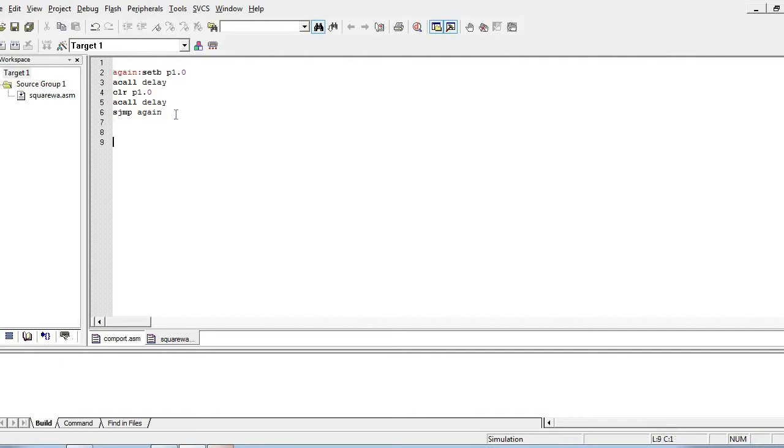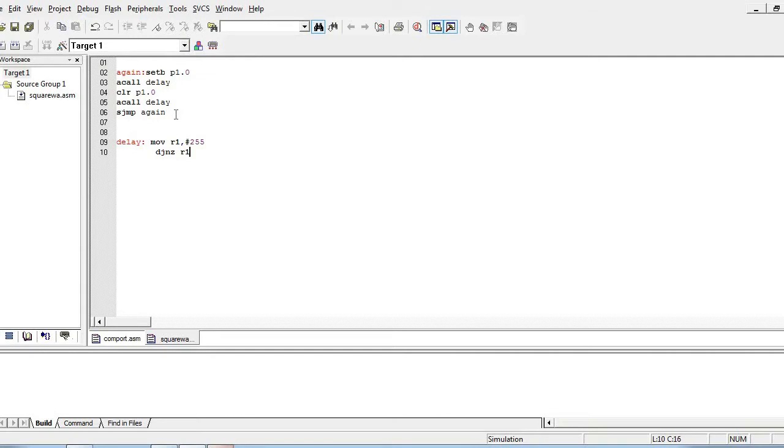So we'll write the delay subroutine. We'll load R1 with 255. We'll repeat this instruction for 255 times.